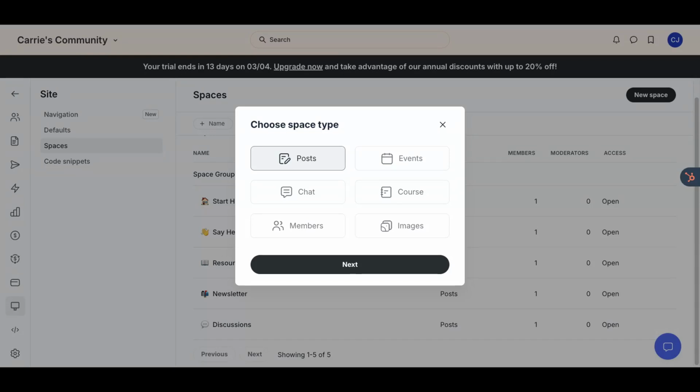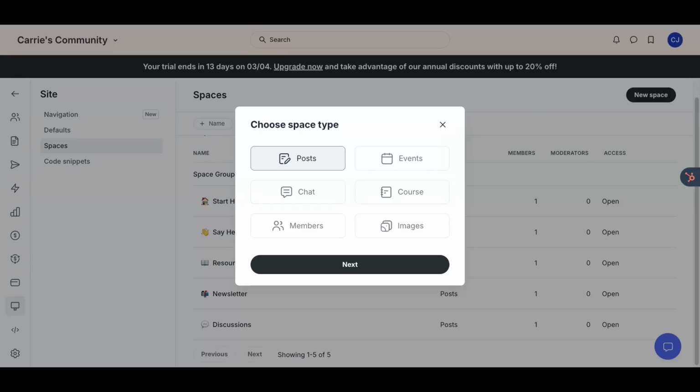And then images. And I think images are primarily for maybe creative or photography communities. I have not found a good use case for this yet, but if you have one, please tell me. I would love to know about that in the comments of this video or in the chat. Because again, I have not found them to be useful, but that doesn't mean they're not useful. They created them for some reason.